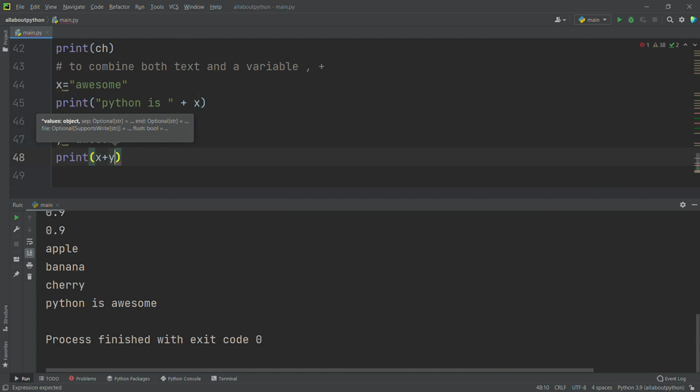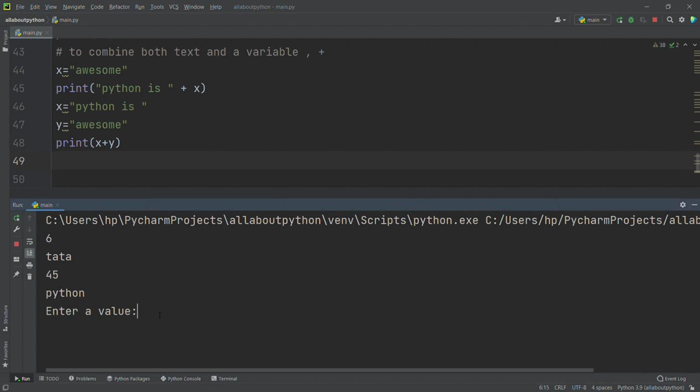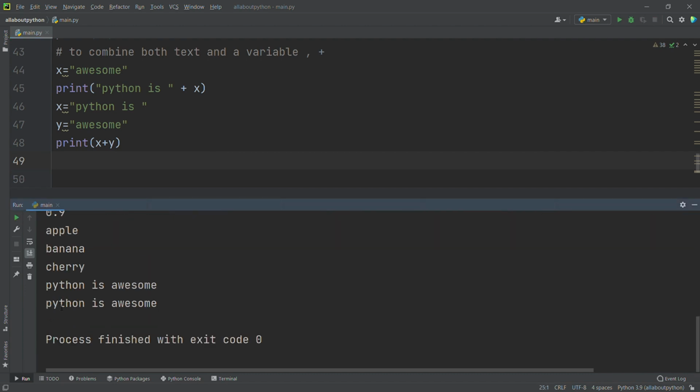Here we get Python is awesome for the first print statement, and Python is awesome for print of x plus y.